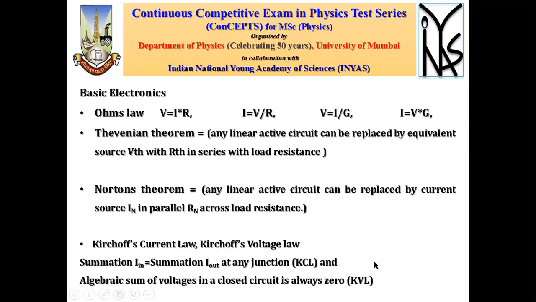Secondly, in the same way, the algebraic sum of voltages in a closed circuit is always zero. So when we close the circuit, the current starts flowing, and there is a voltage source which is providing current to the load resistance and other network. So this states that the algebraic sum of these voltages, meaning the voltage delivered by the voltage source and the voltage across the load resistance, depending upon the directions, becomes zero, and later we will see how it works.